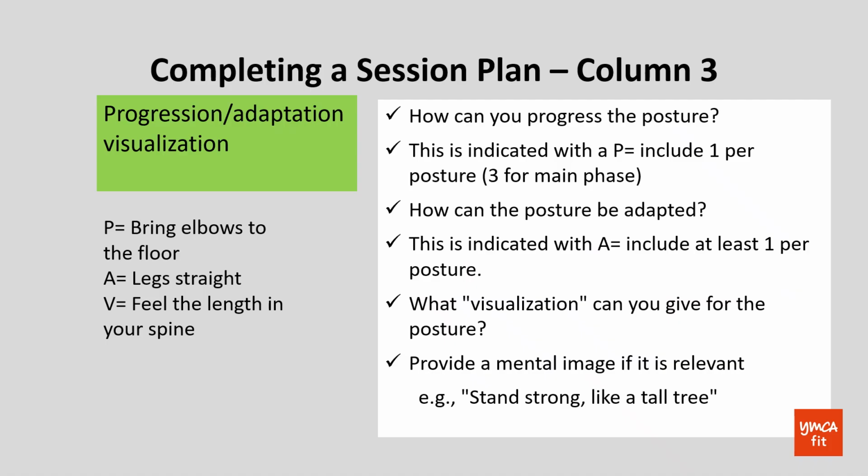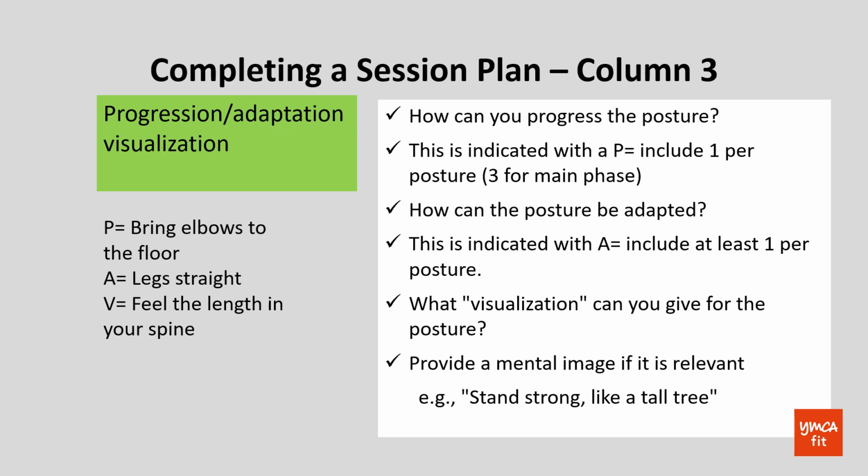So in this slide, we'll talk about the third column in your session plan. You'll see the heading indicated in green. So in this column, we need to write a progression, an adaptation and a visualization for the posture we referred to in the first column. So my progression would be to bring the elbows to the floor. Adaptation or a modification would be to have the legs straight. If you remember, in the posture, the ankles were crossed, and then the visualization would be to feel the length